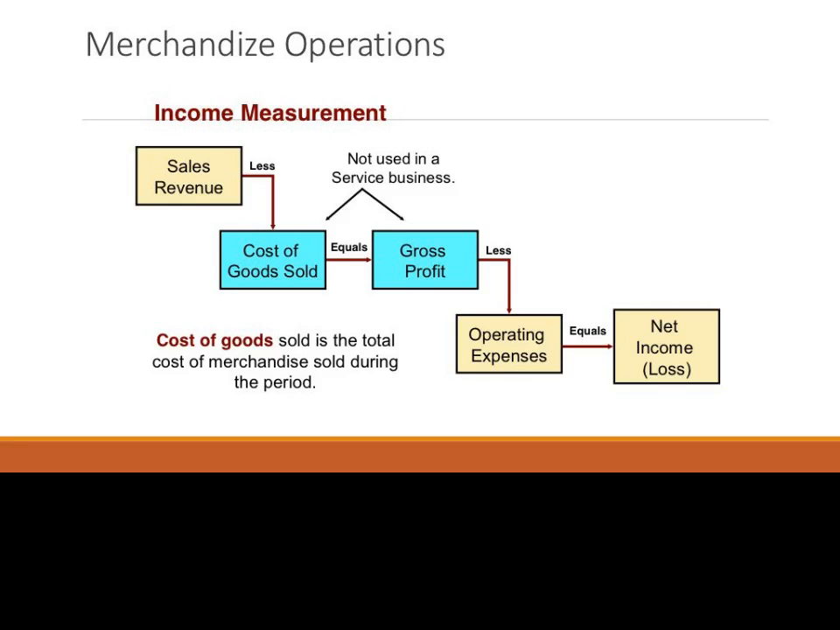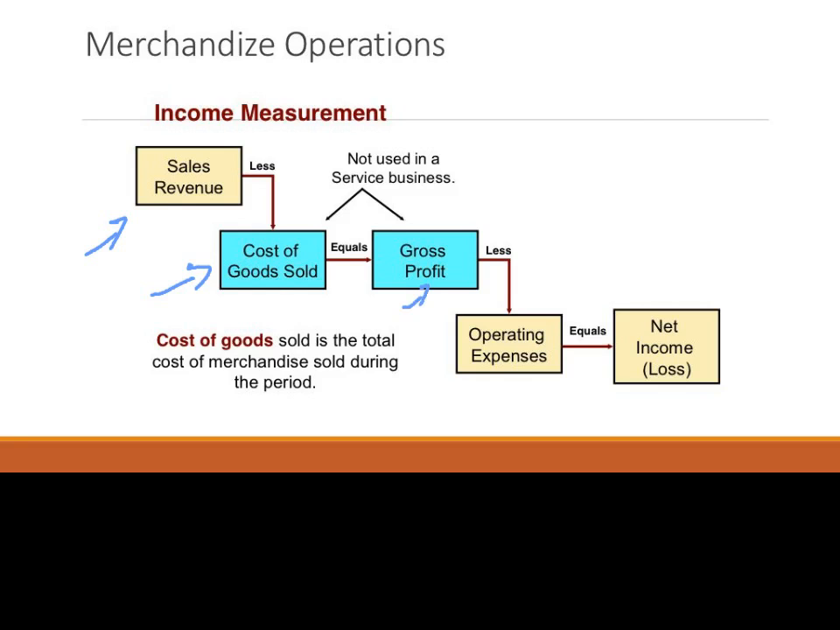That is, they buy in goods. They do nothing with them except put a price tag on them or put them on a hanger, and they sell them. Now, of course, they sell them for more than what they purchased them for. So, for income measurement for a merchandise company, instead of service revenue, we have sales revenue. If I sold something for $100 and I purchased that something for $60, the cost of what I sold is called the cost of goods sold, and that is $60. We subtract that to get the gross profit, and from the gross profit we subtract operating expenses to arrive at